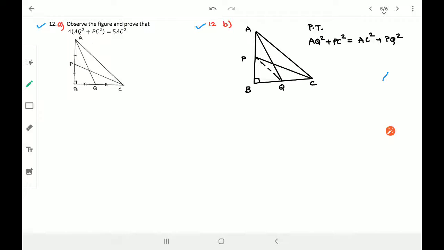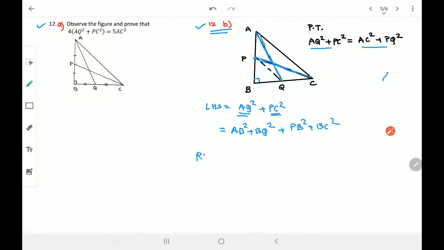Fine. Let's understand. So first of all, this question I'll solve, that is 12th B. The question says that there is a 90 degree here and nothing else, only I have to directly prove this. So it's very simple. I have to just take LHS. AQ square plus PC square. AQ square, check. Using AQ square, can you see any right angle triangle? Yes. So it is equal to AB square plus BQ square plus PC square. Looking at the PC square, can you imagine any right angle triangle? Yes. So PB square plus BC square.